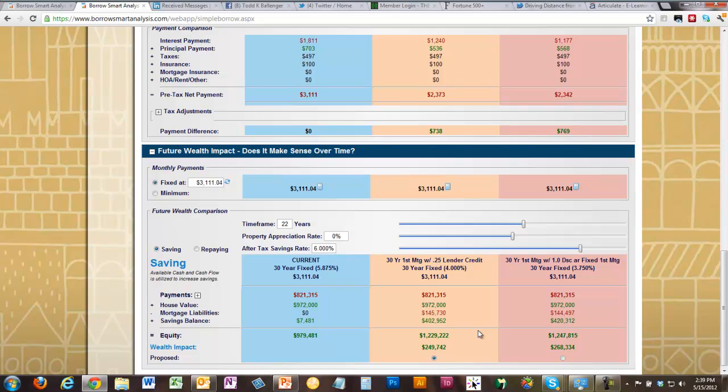And that's mind-boggling. But I can't do that unless I've got a client or an advisor that feels comfortable that they could earn a 6% rate of return. All right, so on the savings, on the Wealth Impact, it shows at 6%, taking that payment and investing it, not putting it back in the mortgage, will make them $249,000 over 22 years. And if you click on repaying it,